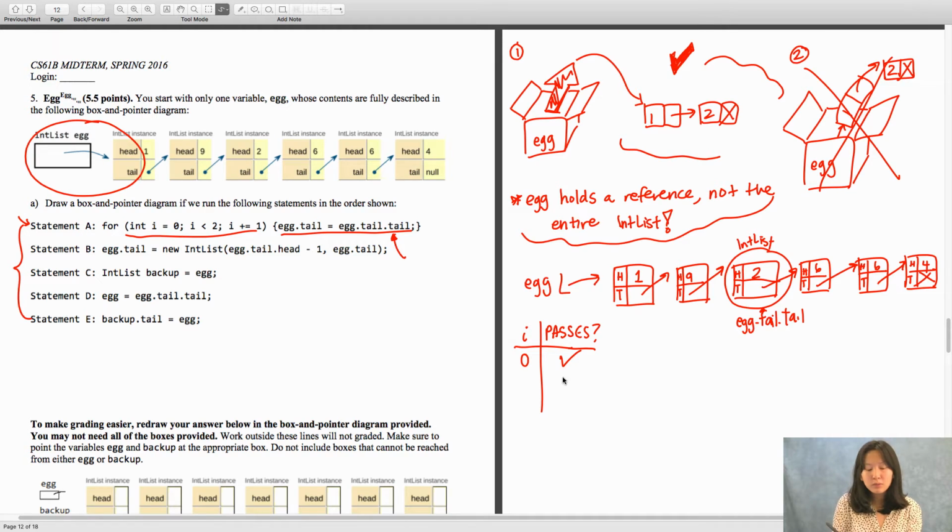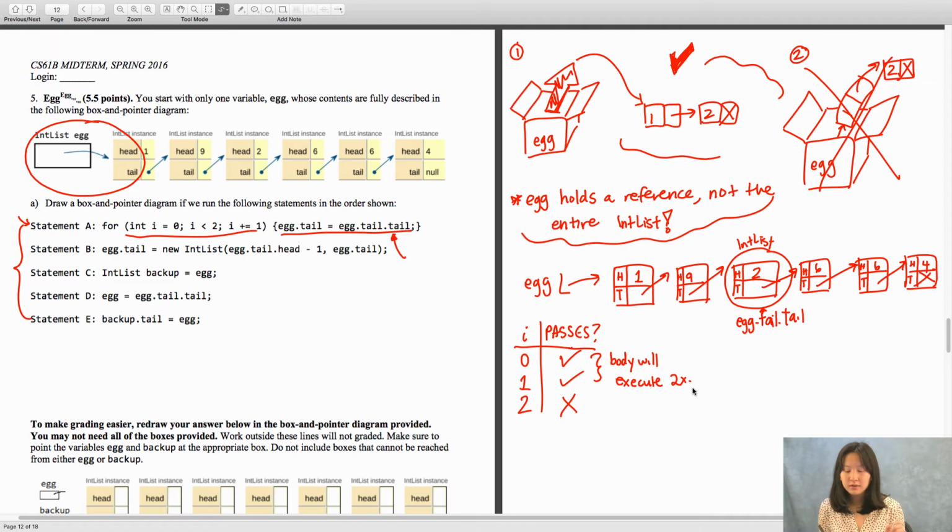Now when we increment i by 1, so we go back to the start of the for loop, it's still less than 2, so this passes the conditional, and we're going to execute the body again. Now when we increment i by 1 again, 2 is no longer less than 2, so this does not pass the conditional anymore. And we can see by counting the number of checks that the body will execute